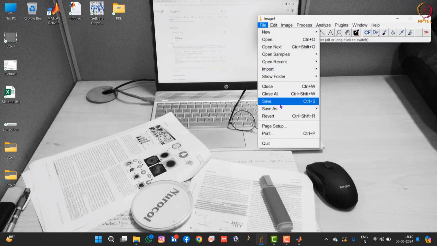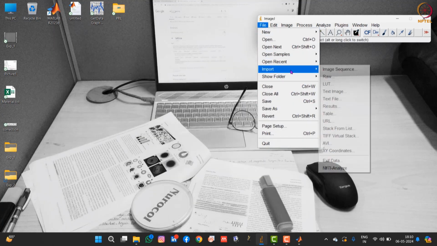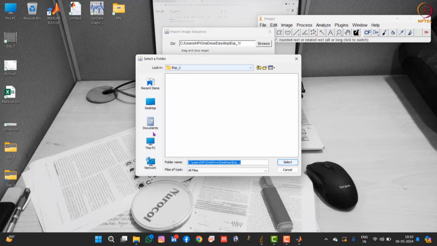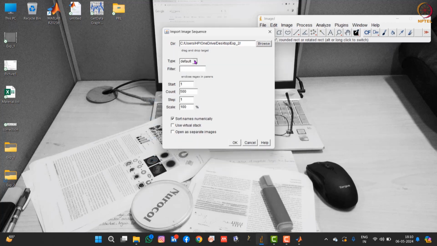Now we'll open this image sequence. We'll import this image sequence so that we can do image-by-image tracking here. Now this is showing the directory from where I want to call our image sequence. So experiment folder 2. Let me select this. Now make the type default. It will automatically consider whatever the image type is, TIF, JPG, or whatever it is. Now this is asking from where to where you want it to count. 1 to 500, as the total number of images was 500, as I showed you. So I'm saying okay, call 1 to 100 only, right? Now just click on open.